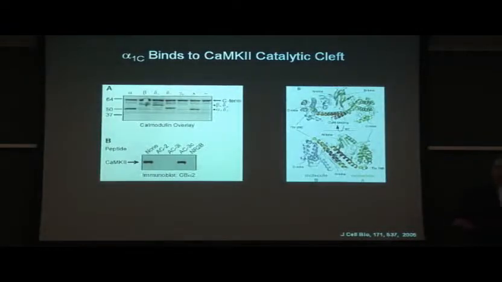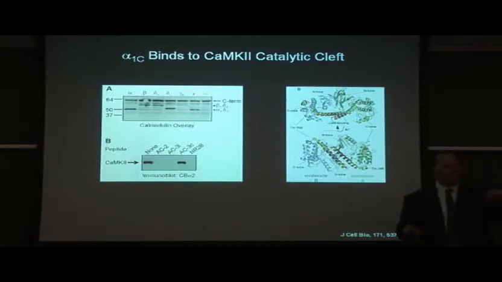And not surprising, I don't think I showed this data. Not surprising, given the fact that the biochemical data suggested that there were multiple sites of interaction. Even though the CaM kinase 2 effects upon facilitation were blocked, the channel was still able to immunoprecipitate CaM kinase 2. So it's still associated, but that site within the C-terminus is critical for calcium-dependent facilitation. That interaction site is critical for calcium-dependent facilitation. Let me tell you why I think that's the case.